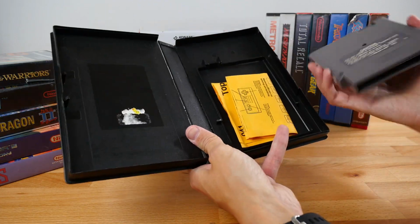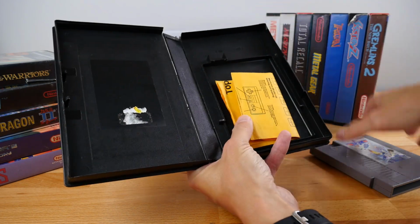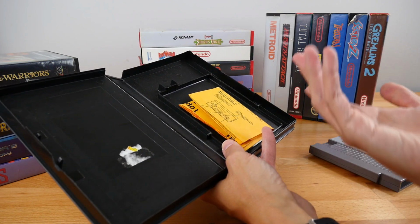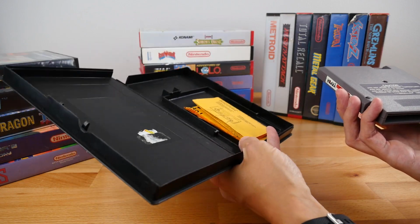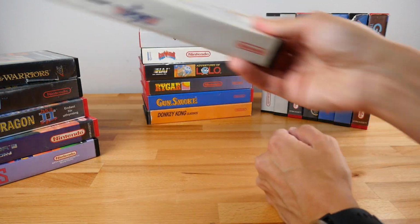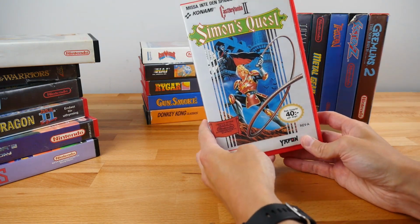And here, oh, I guess we have another one of these. Same one here, photocopied manual. I'm guessing the original was missing at some point. And this would happen a lot. These little flips here break off when they came back from being rented. And people didn't take very good care of stuff. Like anywhere else, when you rent stuff, people just don't seem to take very good care of it. It's unfortunate, but...